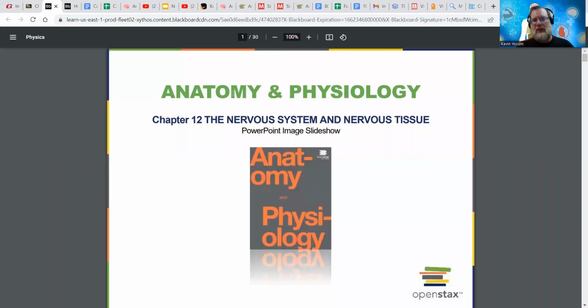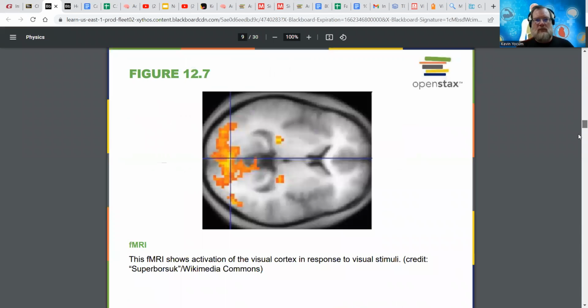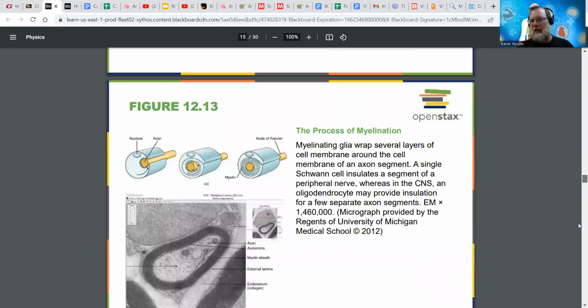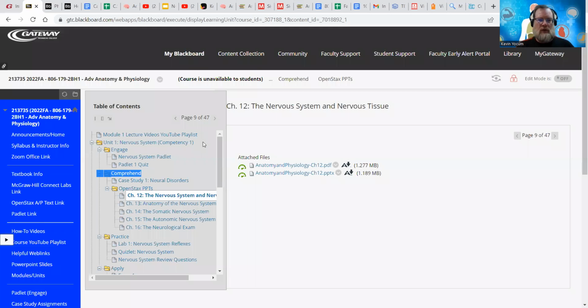It says physics, but you and I know that this isn't physics. They're very basic. They're mostly the images that are already in OpenStax. So most students don't really use those. They use the slides that I provide, but if you need them, you can certainly access them that way.